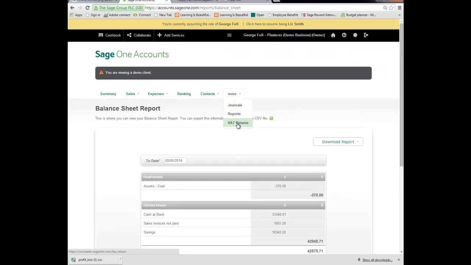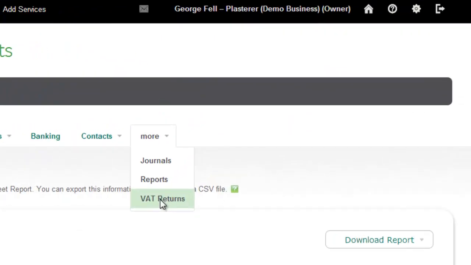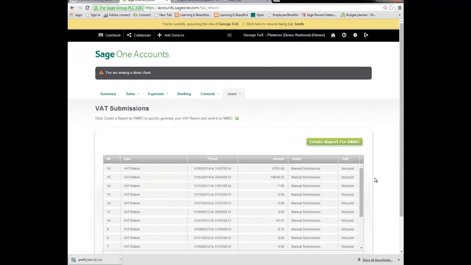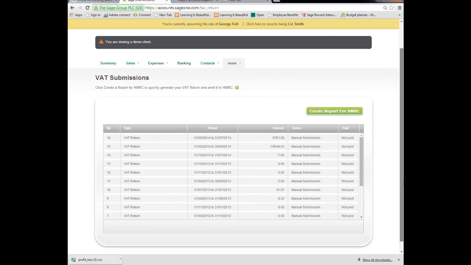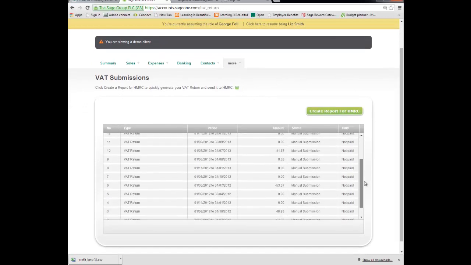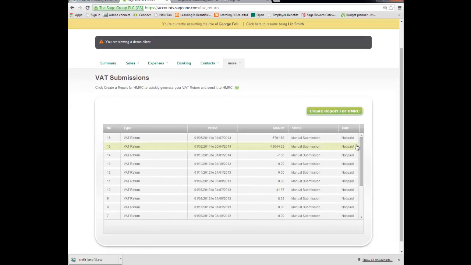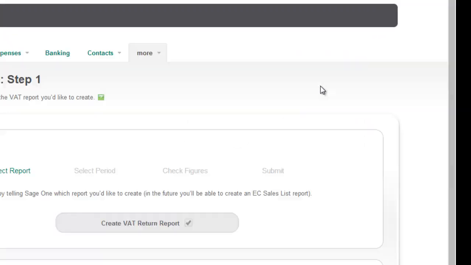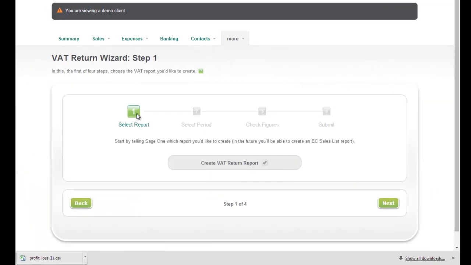Once you have finished, you can do a VAT return for the client, and it takes you to the VAT submission screen. Now we have a number of VAT returns that have already been submitted, so I'm just going to take you through the early processes of submitting a VAT return. What you would need to do is create a report for HMRC, which then takes you onto the VAT Return Wizard. Now as default, the Create VAT Return Report will always be selected. You would then select Next,